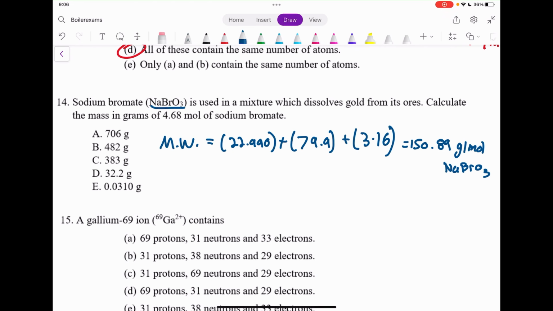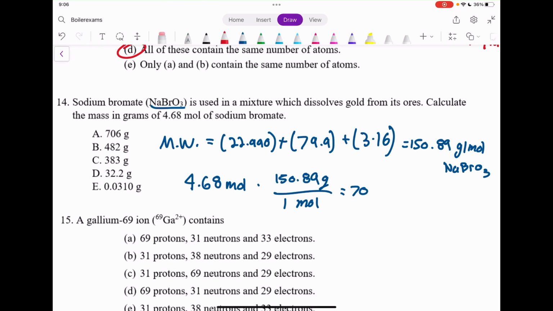So now we have that molecular weight. Let's do this. 4.68 moles. Let's put our moles in the denominator, so we can just multiply it straight across. Grams, and that is for 1 mole. So here's my molecular weight conversion factor. 4.68 times 150.89